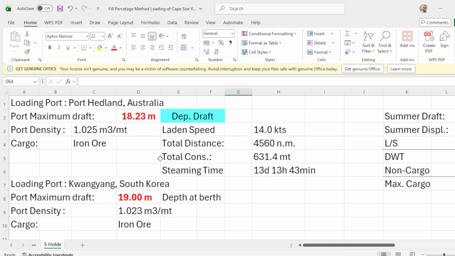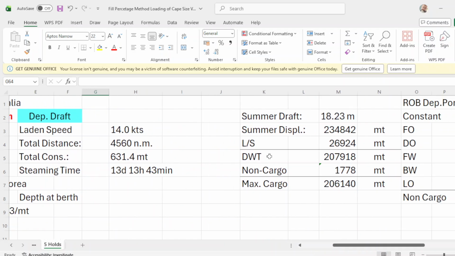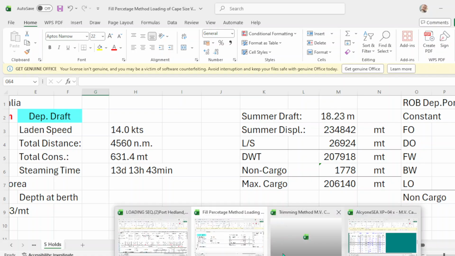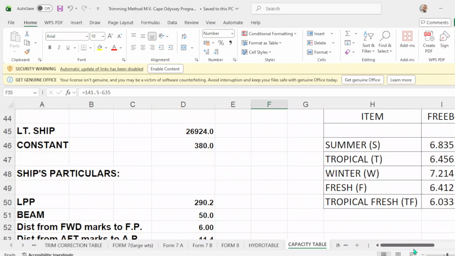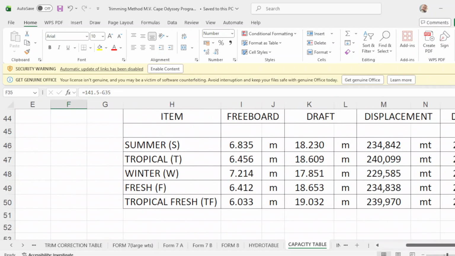So how do you compute the maximum cargo to load? Okay? Since you are in the summer zone, your summer drop is 18.23, okay? I'll show you how to get that one. Then we go to the capacity table, okay?